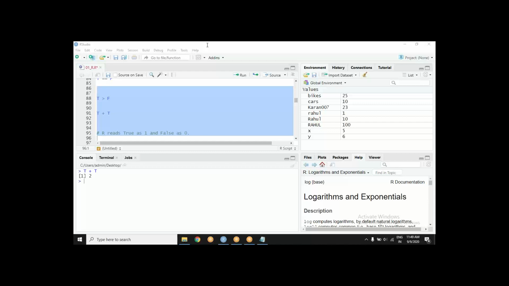Then there are some built-in functions. Some of you have already seen them, so that is not much of a surprise. The shorthand is the question mark. The actual function is help. You can use the help function to get the help document for a particular function, or you can just use the question mark directly. Both work equally well.